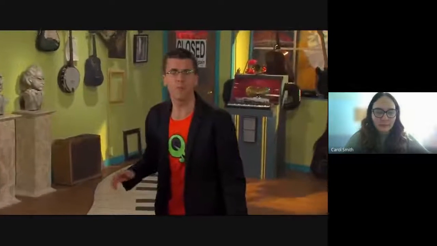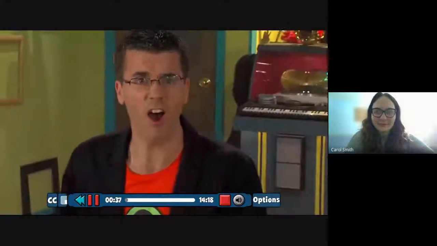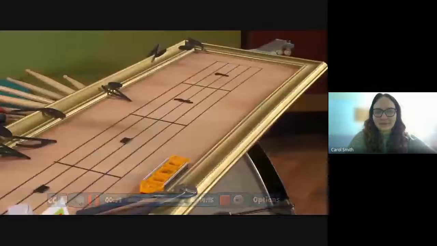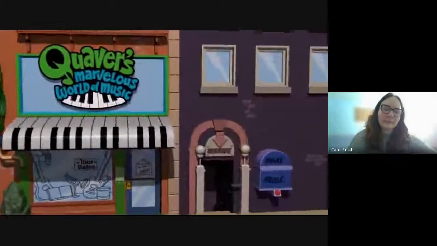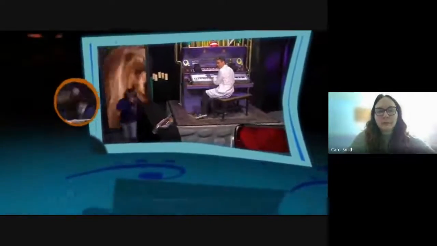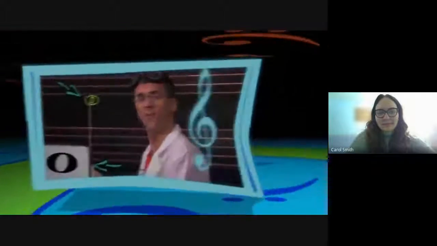Man, I had the strangest dream that there was this big booming voice and these things flying through the shop and landing on the star. Dun, dun, dun. Quaver's marvelous world of music for you to explore. With a studio laboratory, wacky story, you learn to love music. Really love music. A never-ending journey of music. Quaver's marvelous world.